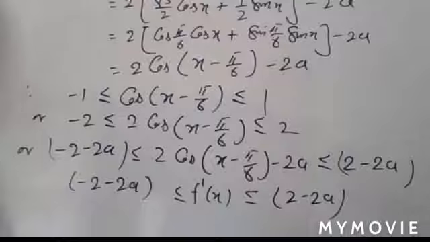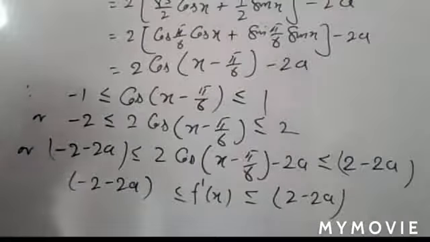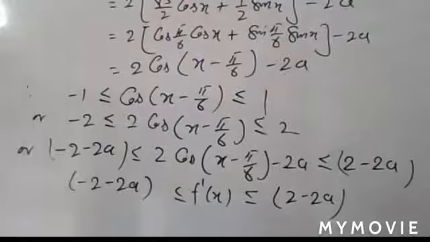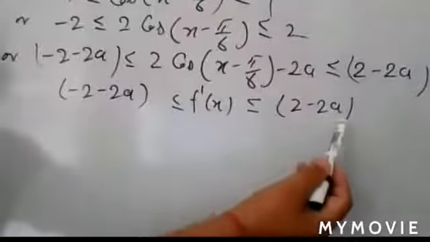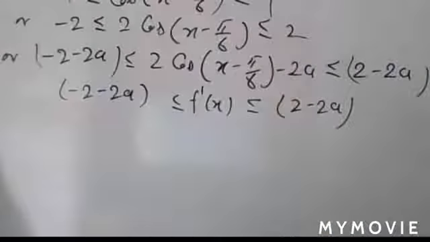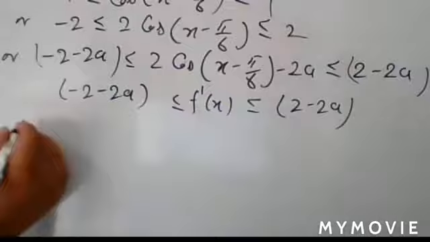Okay, now what is given? Here you have given your function is a decreasing function. So if that function is decreasing, so f dash x is less or equal to 0. F dash x is less than or equal to 0. So what does it mean? If you are saying that f dash x is less or equal to 0, so you can say that 2 minus 2a is less or equal to 0. Okay, so you write from that.